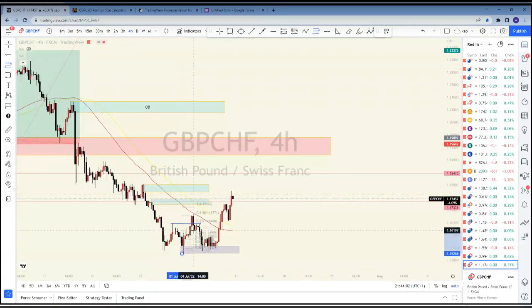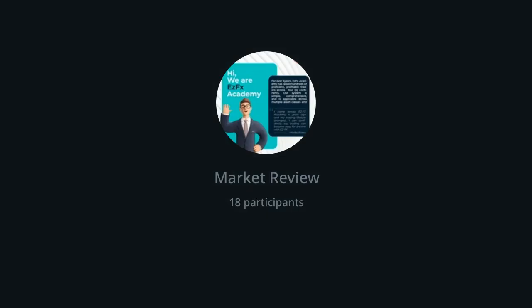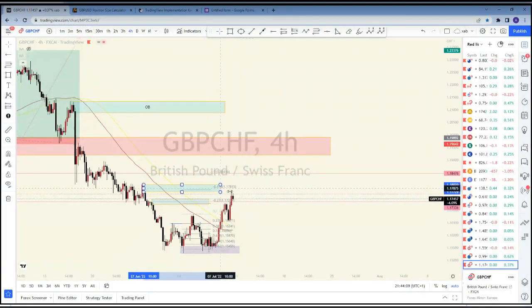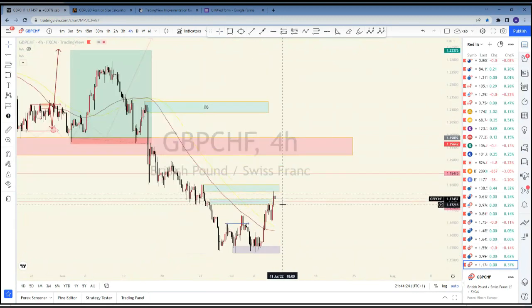So if we were to check this, basically we can see that this is about TP4. This other block is around TP4. This other one was around TP3. Price reacted to it a little bit. This one is around TP4, and we can see price reacting to it currently. Now, what next should we expect? What should we be expecting next?